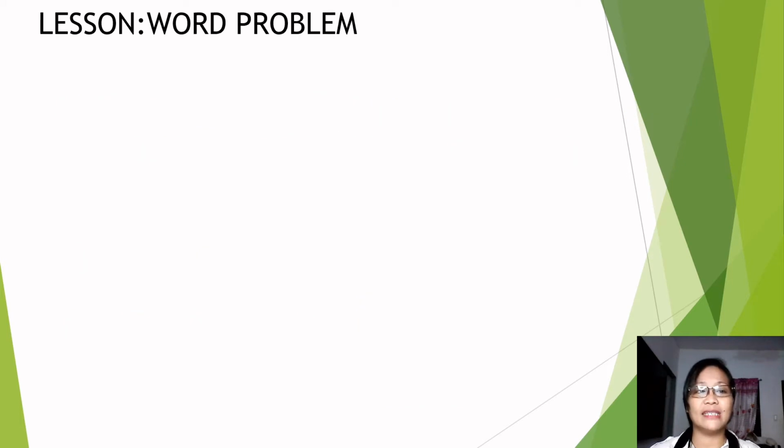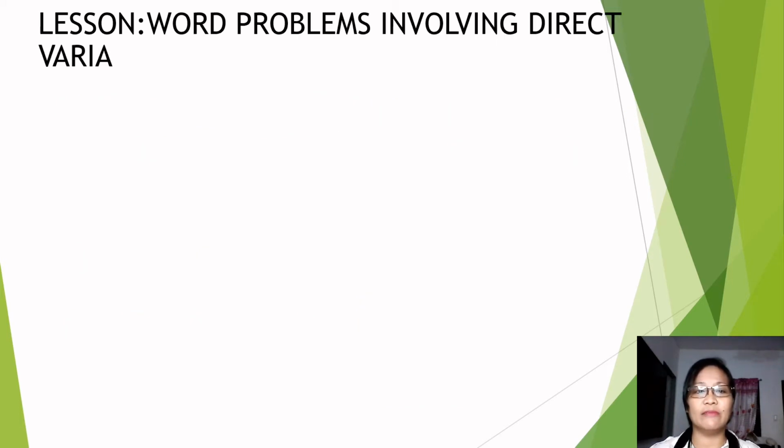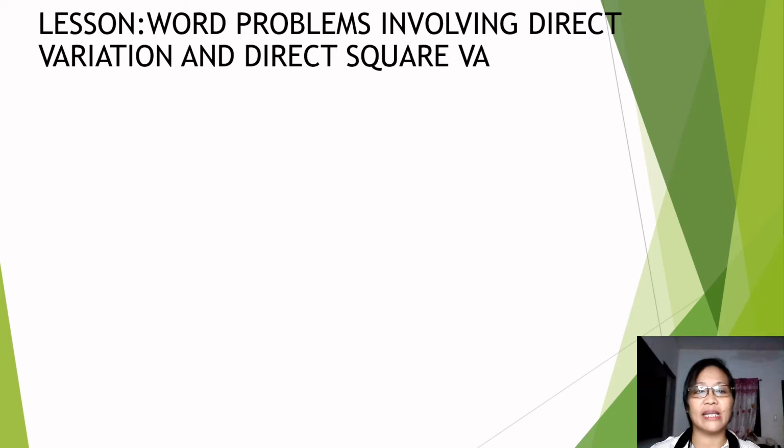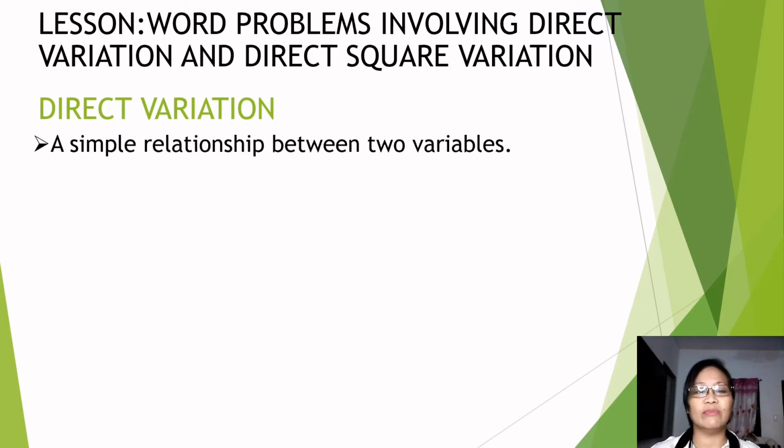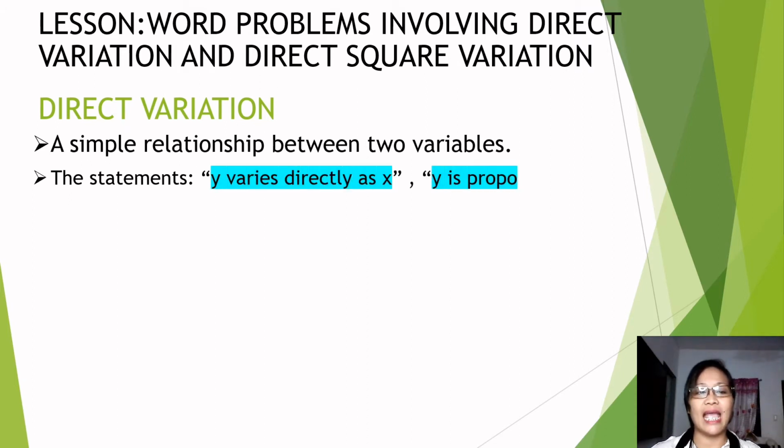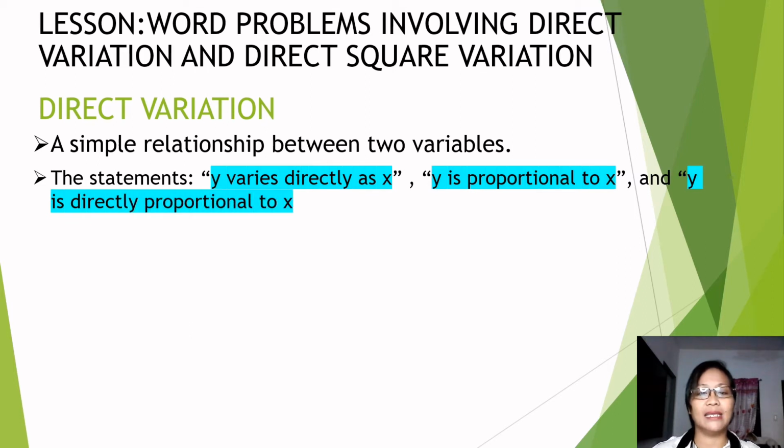Our lesson for today is about word problems involving direct variation and direct square variation. Before we proceed, let's review first what is direct variation and direct square variation. Direct variation, a simple relationship between two variables. The statements y varies directly as x, y is proportional to x, and y is directly proportional to x may